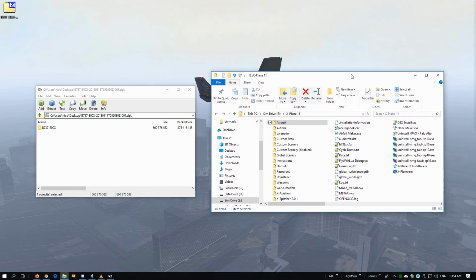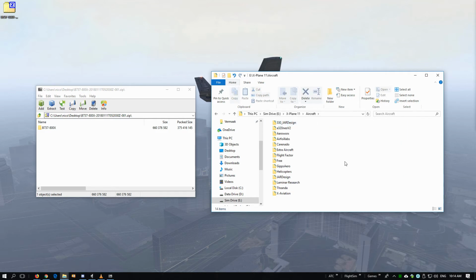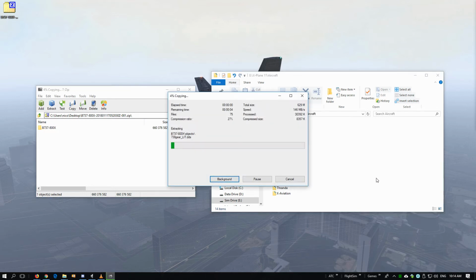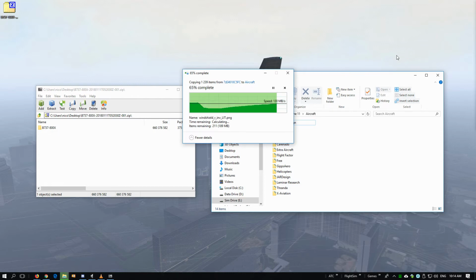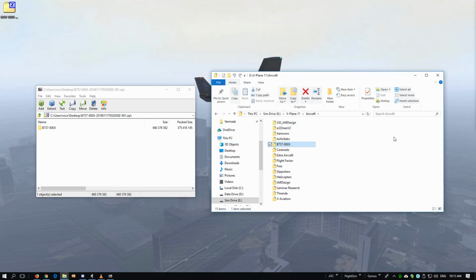Step 4 will be to navigate to your X-Plane installation folder and simply open the aircraft folder. Once the aircraft folder is open, all you need to do is extract the Zibo mod into the aircraft folder. That's it. Nothing more, nothing less. As easy as that. And now you have a fully functional Zibo mod aircraft that you can go and fly